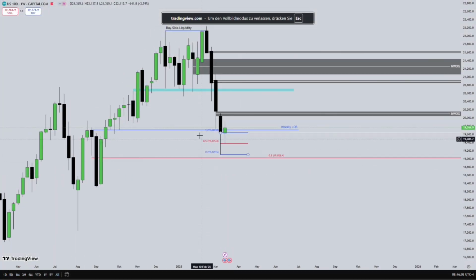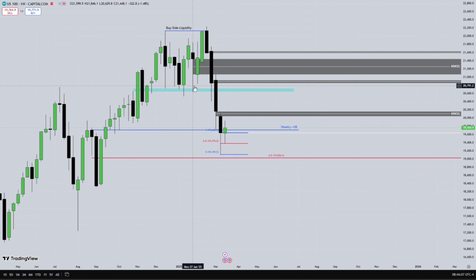So as always, it doesn't matter which model, we always have to do the top-down analysis, the higher time frame analysis, to find the higher time frame bias. Here on the weekly chart, we can see there's the weekly order block, as I mentioned in the two previous episodes, and there is the 50% level of it. Then the previous week, which was bearish, has a big wick, so we mark this wick out, the 1, the 0, and the 0.5 level of it.